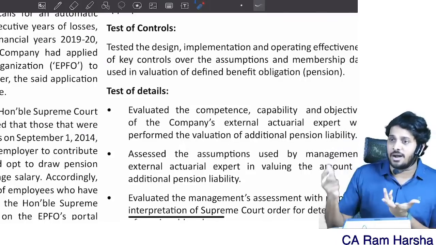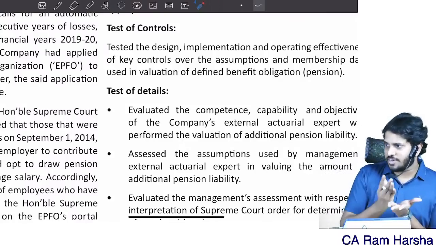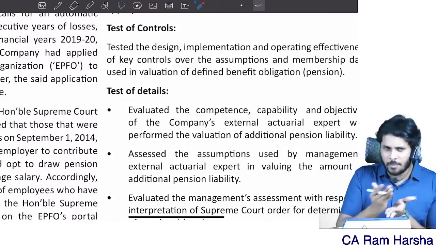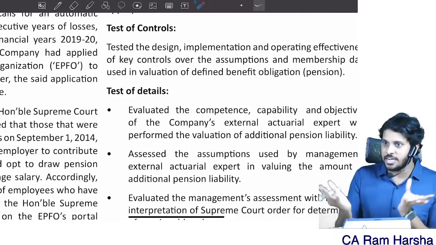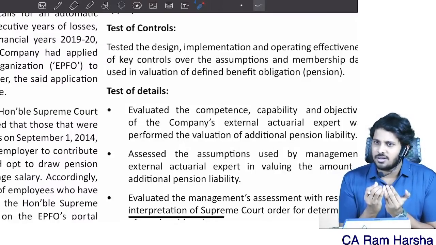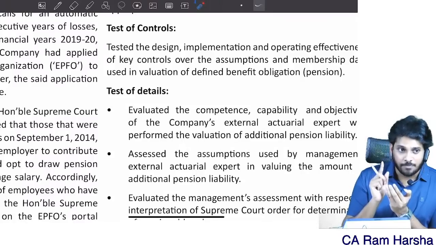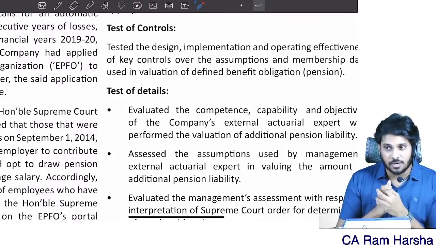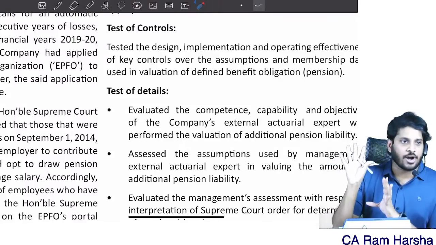Key audit matter: in the audit, what is an important matter according to you? You have done the audit of Tata Motors, right? So many matters, so many issues you have verified, right? In these many issues, do you feel anything important that you want to share with us? By the way, the emphasis of matter paragraph is different. What is an emphasis of matter paragraph? In the financial statements, balance sheet, P&L, notes, some important point is there.